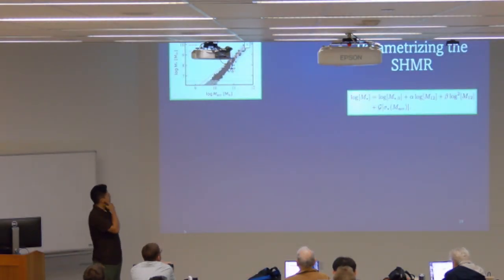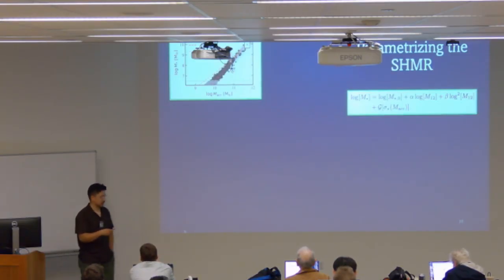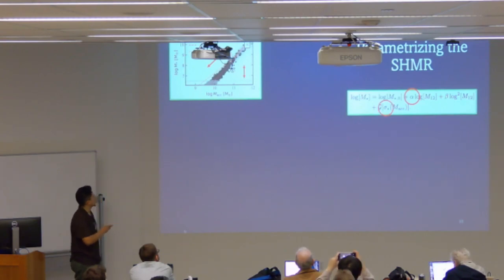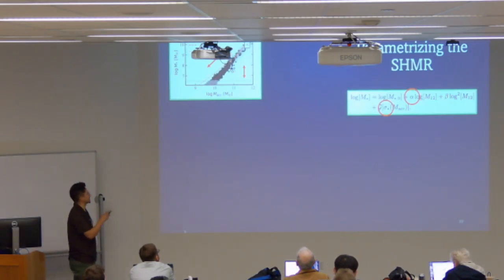We have to talk a little bit about parameterizing the stellar halo mass relation. In the paper, we actually explore all kinds of different physically interesting parameters that might go into what the stellar halo mass relation looks like at the low mass end. But just for the purpose of the talk, all I care about is the slope and the scatter, okay? Alpha and sigma. And what I'm showing here is the stellar halo mass relation, this time not normalized by halo mass,